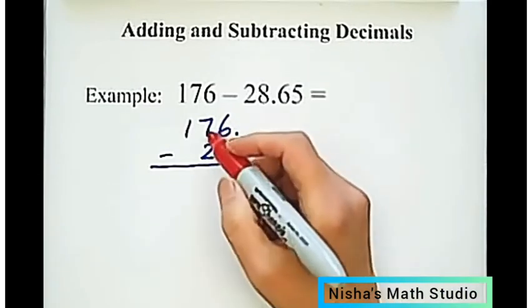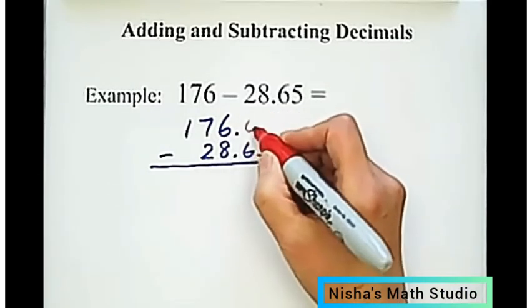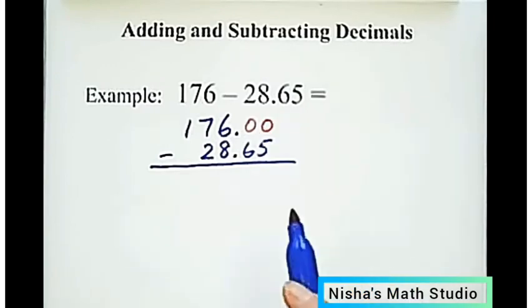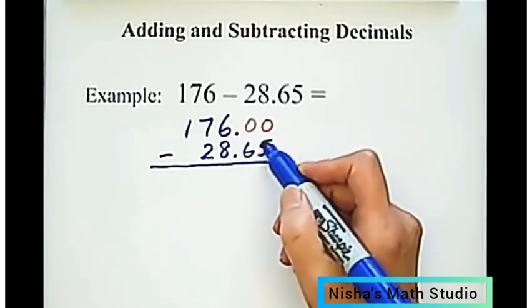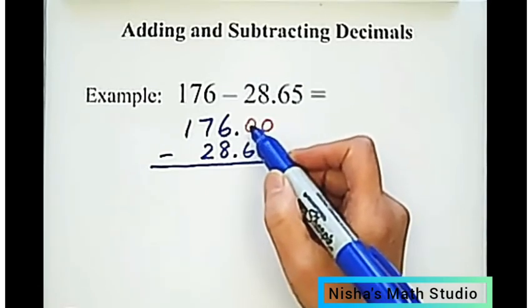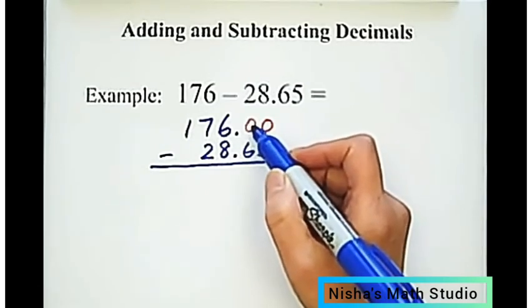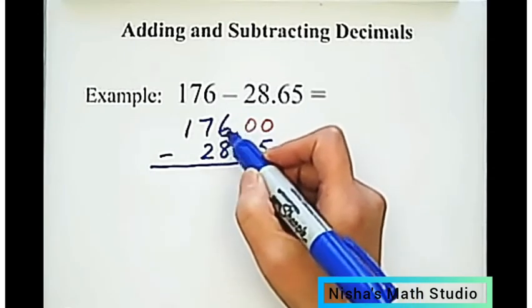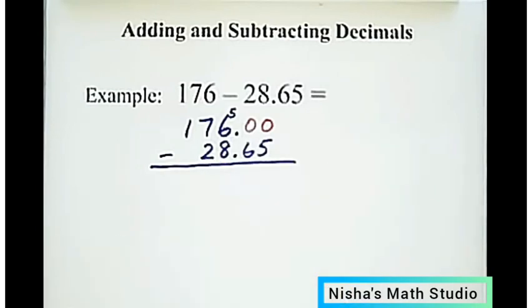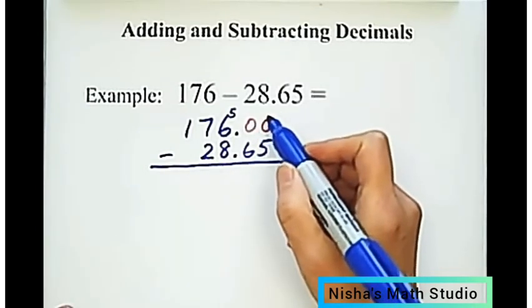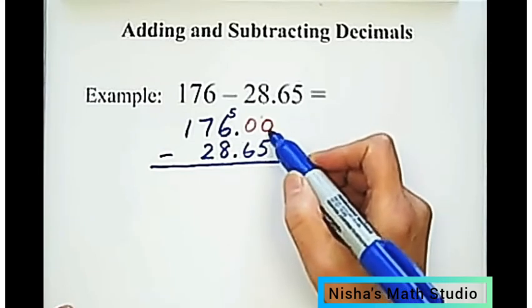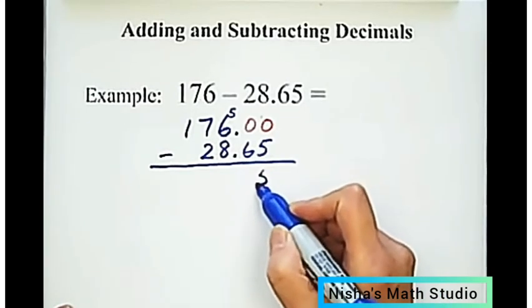Look at the first number, you have only 176, that's the whole part. Extra places after the decimal point we will fill with 0. So you have 0 minus 5, not possible. So see the next one. Here also you have 0. So you borrow 1 from the ones place. So what remains in the 1 place is 5. You get 10 here. Again you are going to borrow 1 this side. You get 10 minus 5, which is equal to 5.